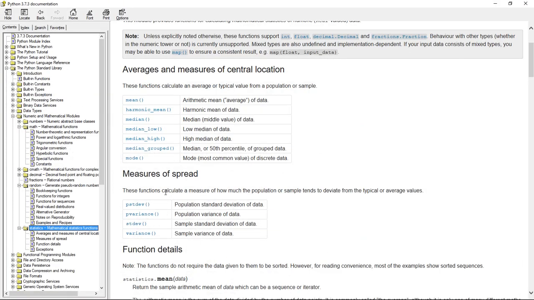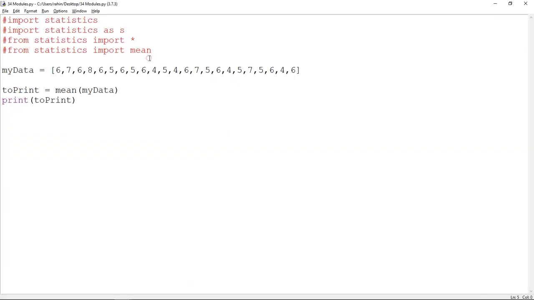Well, again, this is what is included in that module. So let's just call it right now. Well, before we call it, let's say we have a variable and I have these lists. Remember, this is a list because it has these square brackets. If it has the parentheses, it will be a tuple. If it has the curly braces, it will be a set. So this is a list, and I'm going to store this in my data. And then I want to calculate the mean of my data and store that in this variable and then just print the result. Okay, if we try this,